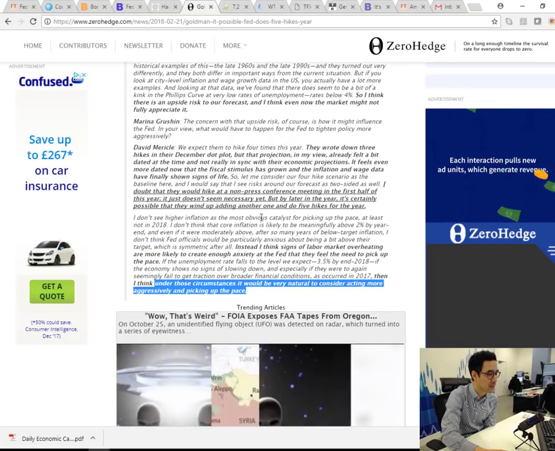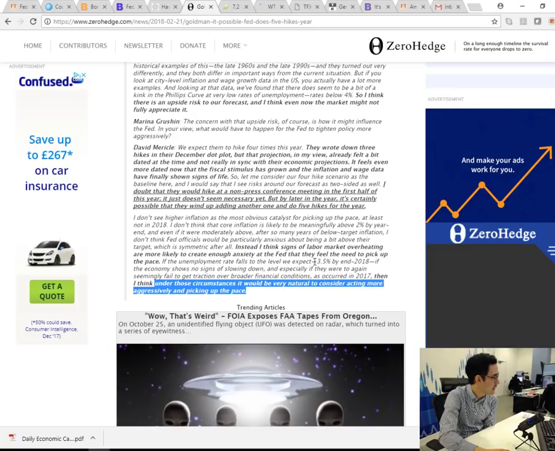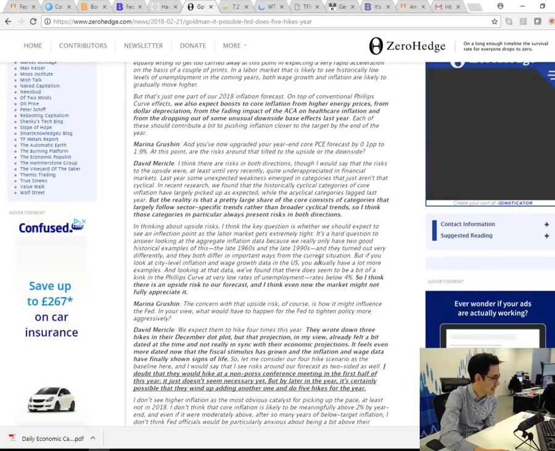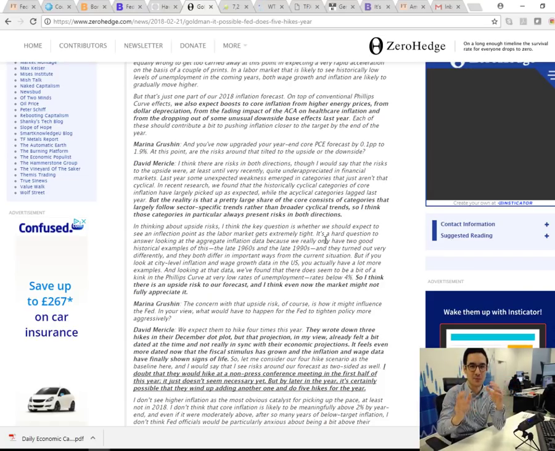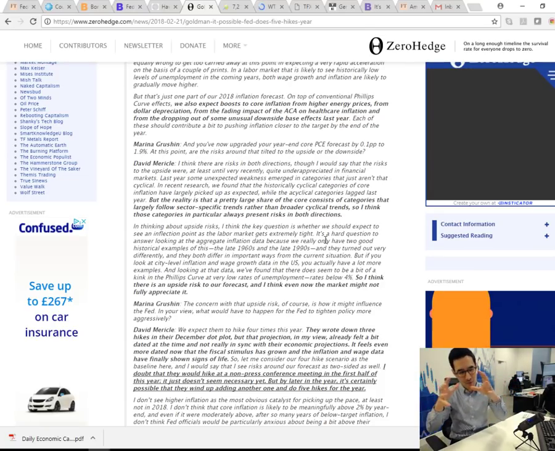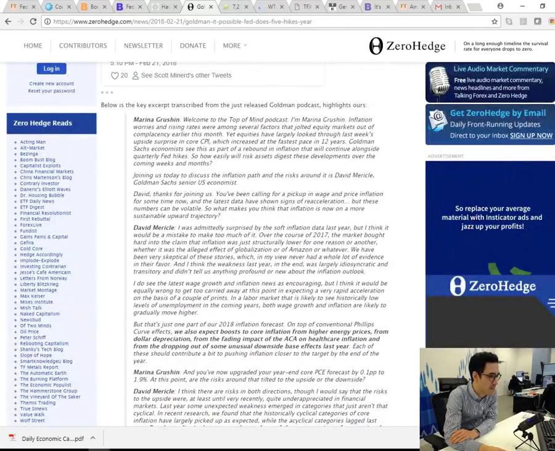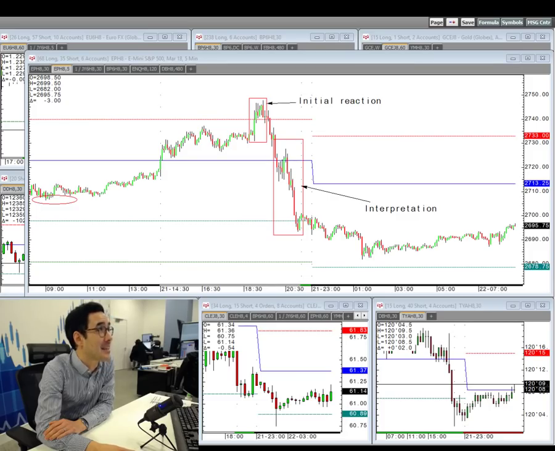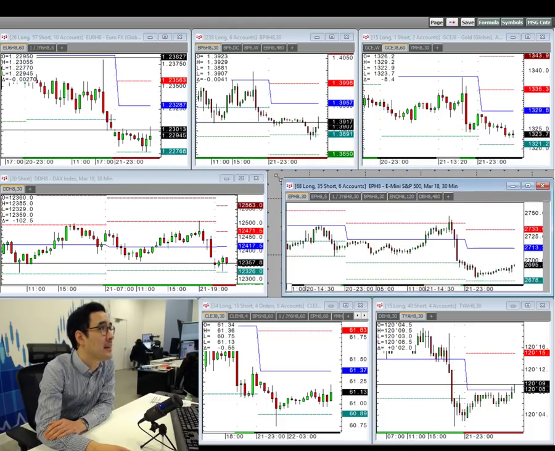Now don't get me wrong, Goldman's is just one bank with one view, and they're not always right, but definitely it's quite interesting to see that if you were looking at the broader assessment of all the banks on Wall Street, they're generally moving up the ante in the tightening focus that the Fed could adopt going forward. So that's why the market reacted like it did last night, and that's why we're set up as we are this morning.